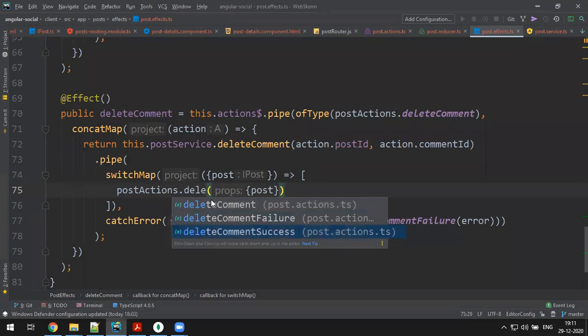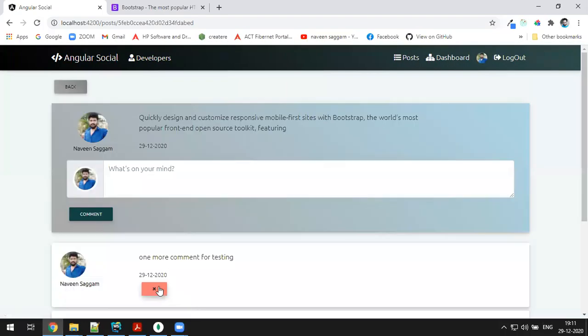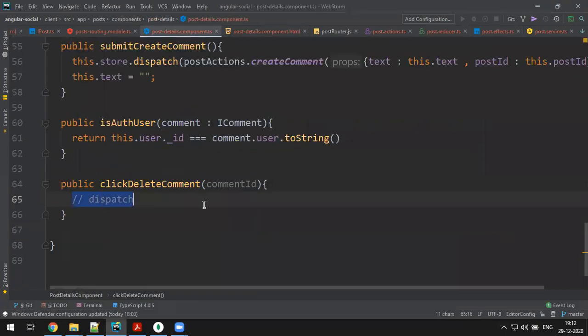Yeah, here delete comment success, you get the post. Delete comment failure, you get the error. Fine. So we are done with all the setup. Just call it when you click on the delete button. Go to the post ts file. Yeah, dispatch.